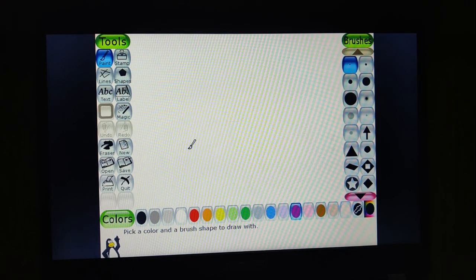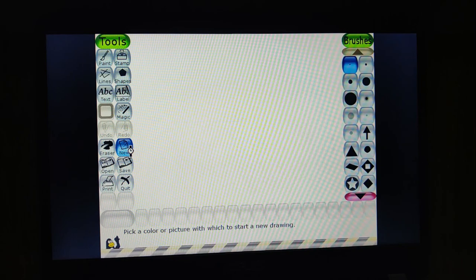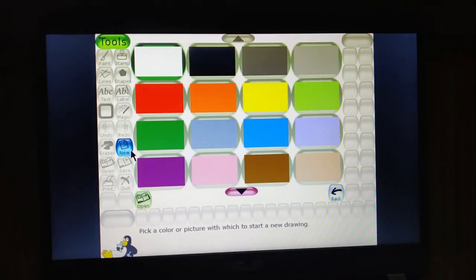Okay, now students, let's see how to use a new tool option. Using this option, we can change the background of the canvas. Background means canvas. Now select a new option and you can see different colors of canvas are available.